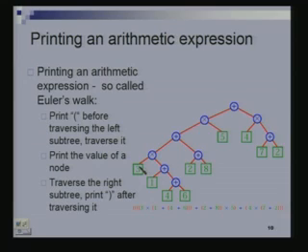Then I come to this node. For a leaf, I will just print the content of the leaf and do nothing else. So I just print 3. Then I am going to touch this node from below. So I am just going to print a star or a multiplication. Right? Then I come, I touch it from the left. So I print a left bracket. Then I come here, 1, and so on and on. Right? So you can think of this as essentially printing out this arithmetic expression as some kind of an Euler walk on this tree.